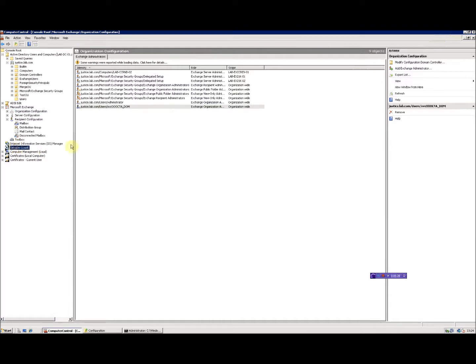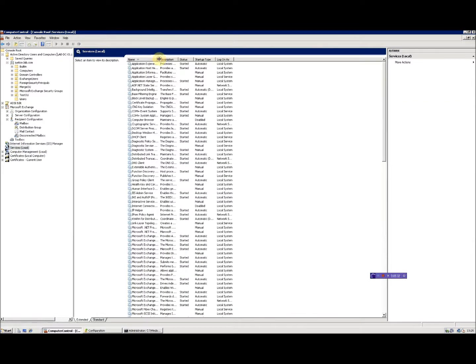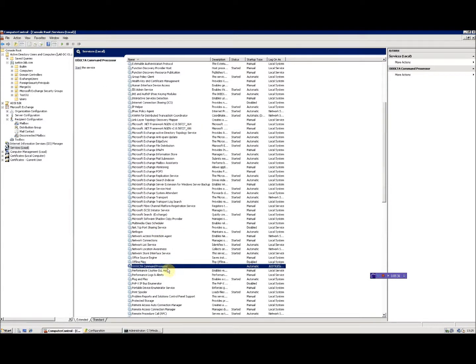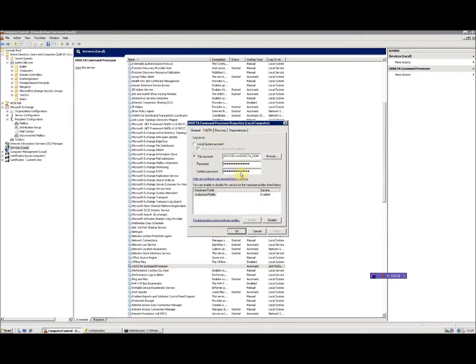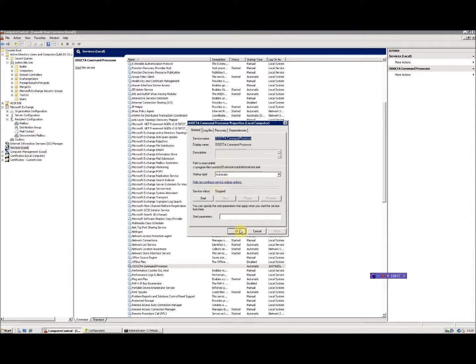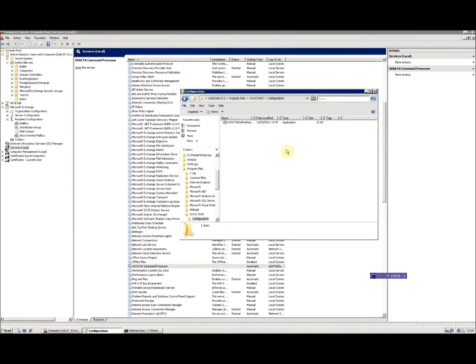I now jump into my services configuration, and within services I should find an entry for the OOOCTA command processor. Open it up, select Logon, and as I mentioned before in the 2003 install, the actual registration of the service doesn't register the password. So what I do here is I type it in. The password is located in the user manual, and the reason why I enter it manually is because I found during testing it's easy to allow the services MMC to assign the logon as a service right. You'll notice the service isn't started by default, and the reason for that is it allows us to configure some other areas, such as, funnily enough, the service password, and what I'm moving on to now, which is the SQL